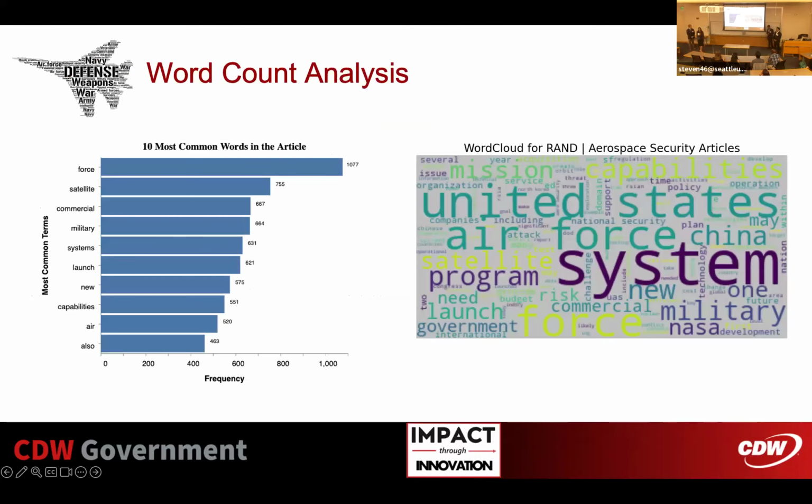We believe that word count will help CDW-G understand what the most frequent words in the articles are. Here, the bar graph on the left will help CDW-G find the most frequent words along with the word count. And the word cloud on the right will give a glance view of which words are more frequent. Here, the word size corresponds to its frequency. Now I'm passing over to